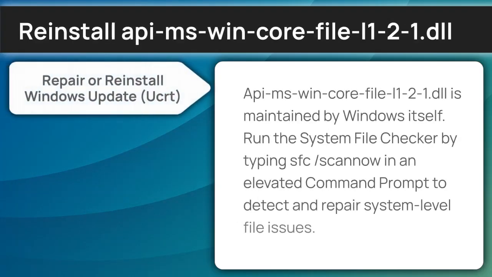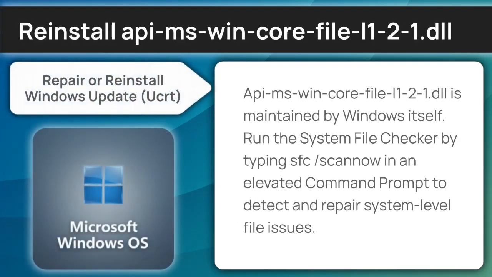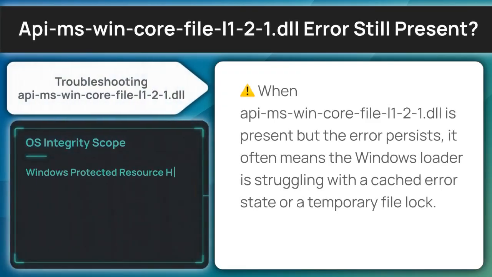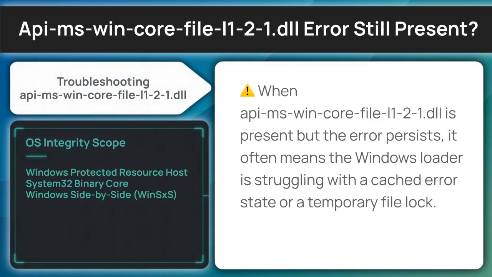APIMS Win core file L121 is maintained by Windows itself. Run the system file checker by typing sfc /scannow in an elevated command prompt to detect and repair system-level file issues. If you're still seeing the missing file notification, we should attempt to force a synchronization between the software and